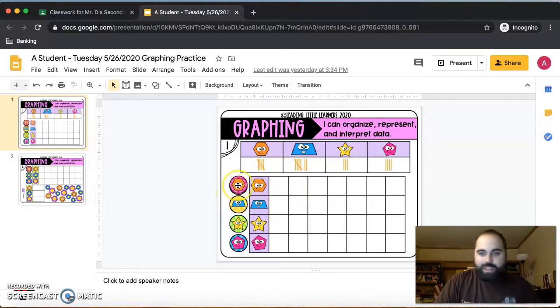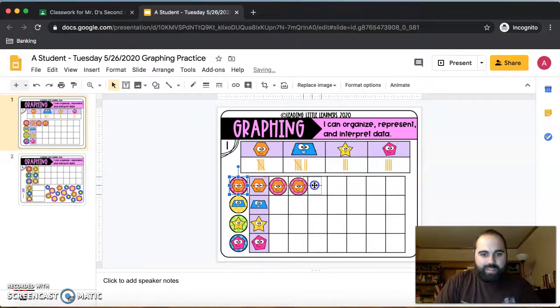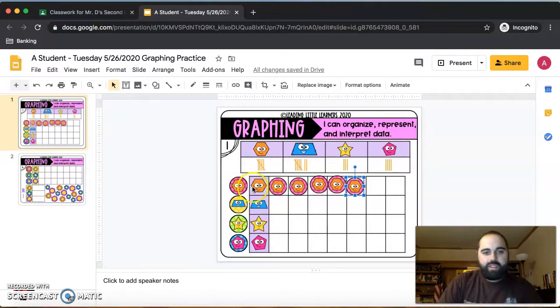On this side are like little stickers. You can just click and drag them over. And there's a whole bunch of them. 3, 4, 5. There, I got it to work. So when I count on 1, 2, 3, 4, 5 for that symbol, all right, there are 5 there. So it works just like a pictograph. Make sure you're not counting that first one there because it's like your label, okay? So make sure you finish this pictograph, organizing all that data up there.